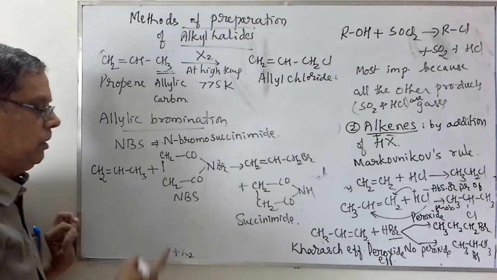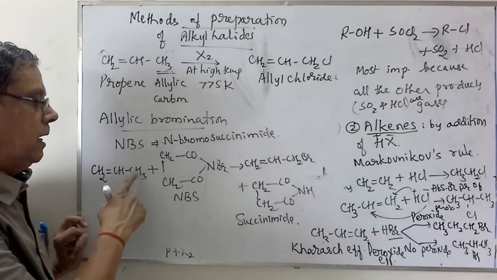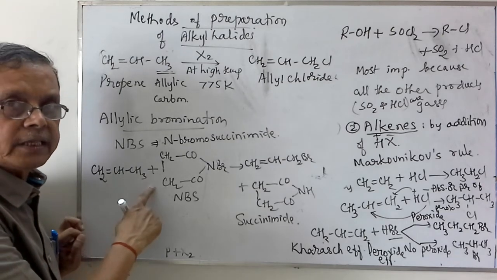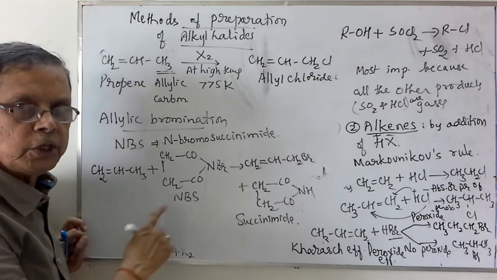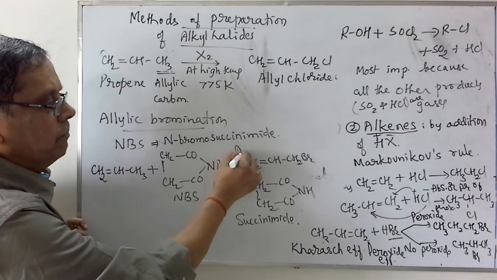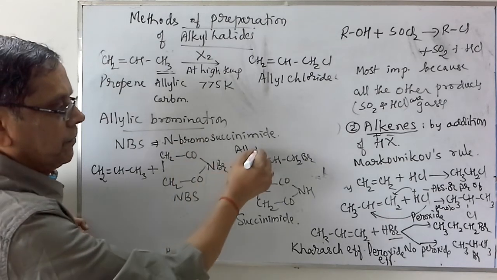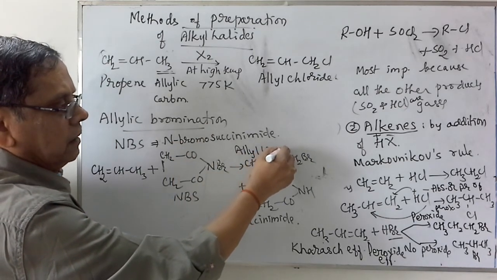Remember, wherever we use this NBS, the carbon adjacent to the double bond will always undergo substitution with the bromine atom. So this is allyl bromide. So it is called allylic bromination. Allyl bromide. There are some more